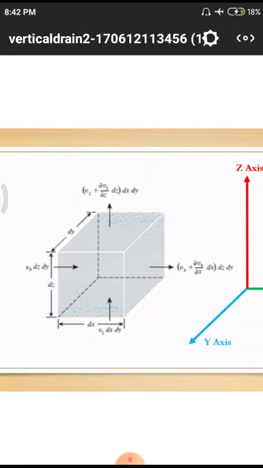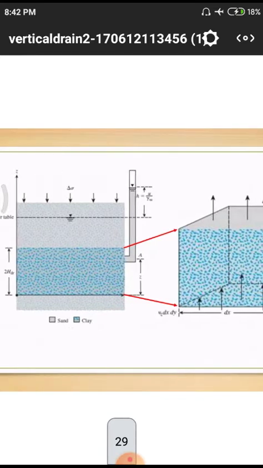Here also one direction is the x direction, another direction is the z direction, and another direction is the y axis. It is an arrangement of that, meaning this total diagram represents a particle. Whenever we have to study a total structure, we need to take some particle. We need to analyze what things are in this particle and how the particle will behave. Likewise here also we are simply taking some quantity of matter. In that particular matter, we are studying what stresses are developing and how water will move.